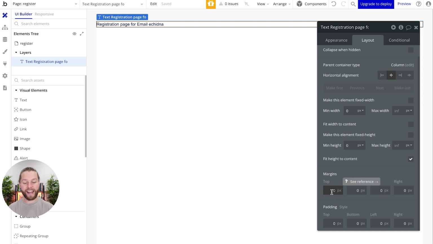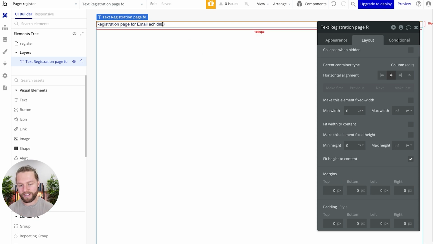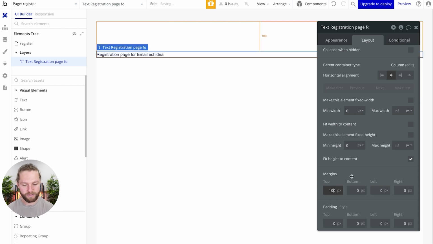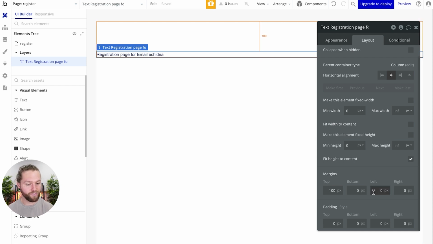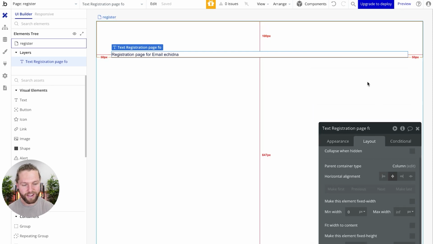If we wanted to add 100 pixels of space from where our text box is currently located to the top of the page, I would choose to add a margin at the top, let's say of 100 pixels. Now, as we can see, what that does is it inserts a spacing, or a margin, of 100 pixels from the top of our page. I can do the same with the left of my page. Let's go 50 pixels, and 50 pixels to the right of the page. And what you can see is we have positioned our element within our column layout,